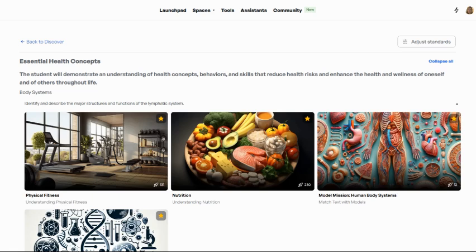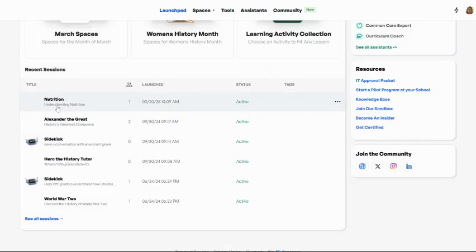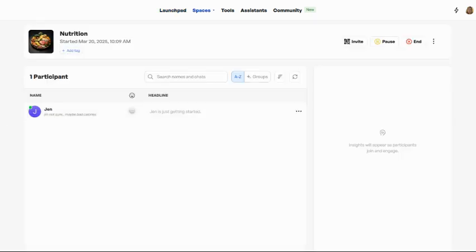Once you launch an activity, it will show up on your launch pad, and you'll be able to see all of the participants that are inside of that. And so I put my name in as Jen, and it's telling you how I'm answering. So you'll be able to see how the kids are answering the questions. And if you see something like that that's concerning to you, like this one's not necessarily concerning because I still try to answer the question even though I didn't know what the answer was,